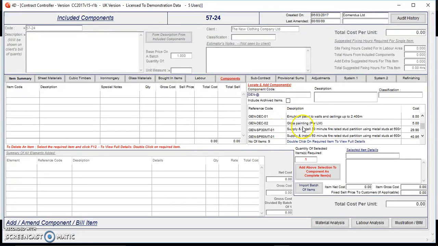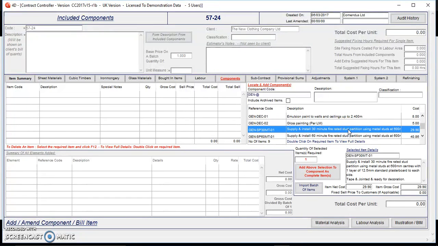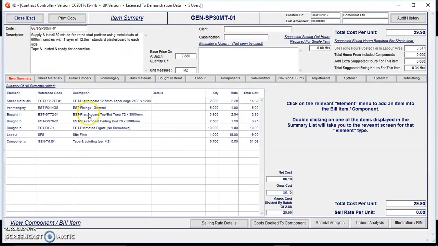So we've got supply and install 30-minute fire rated stud partition. Click on that, I get more of the description there. If I want to see that fuller before I use it, just double click on it and the system will show me how that has been priced. So rather than just pricing of 1 square metre, it's been priced on a batch of 2.88 square metres with the plasterboard, track, site fixing, tape and jointing, and then divided back over that to equate to the £29.90 per